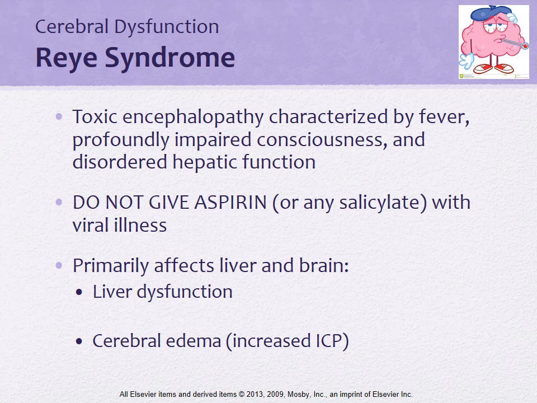As far as liver dysfunction, you're going to see bleeding and poor clotting. The reasons behind that, they aren't really sure, but they did find that there is a correlation between Reye syndrome and liver dysfunction. So again, you'll see bleeding and poor clotting. And then cerebral edema, so they'll have increased ICPs because, again, it's an encephalopathy, and they could be very lethargic to going into a coma. Because they have increased ICPs, as we've learned previously, they are at risk for herniation. So you want to monitor them closely and do neuro checks and all those wonderful things.